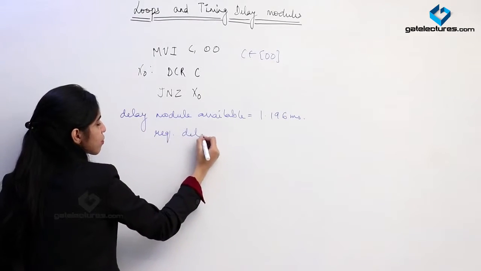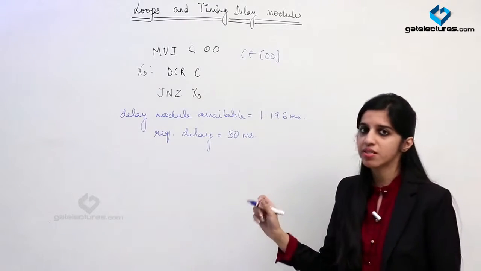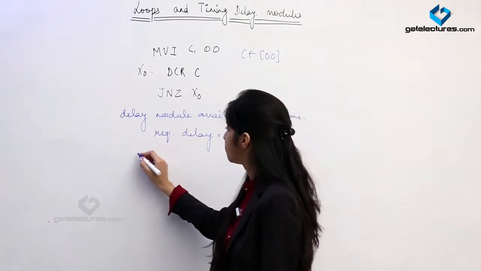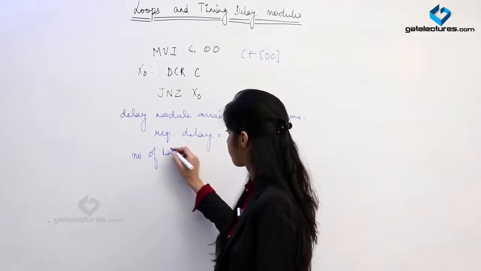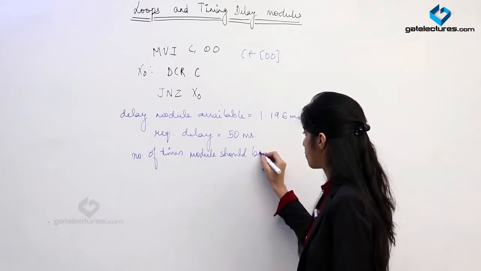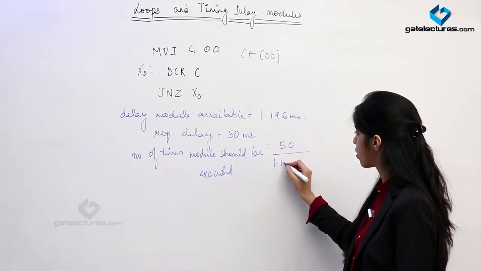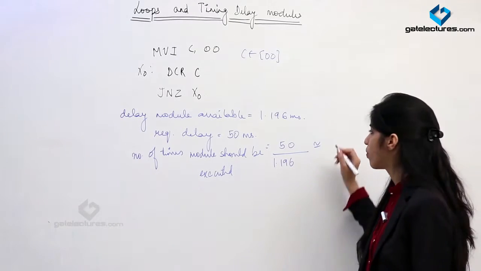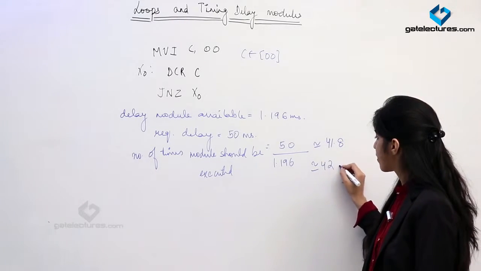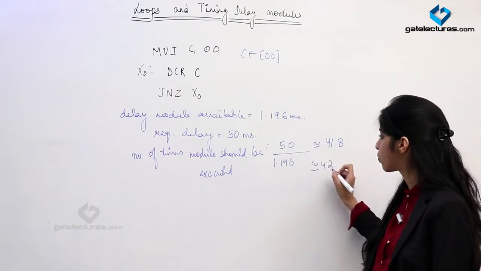Now suppose you require a delay of 50 milliseconds. The question is, how many times should I run this module so that I can get a delay of 50 milliseconds? So the number of times the module should be executed is 50 divided by 1.196. When you perform this calculation, you get approximately 41.8, which I am taking as 42. That means for getting an approximate delay of 50 milliseconds, I should execute this module a total of